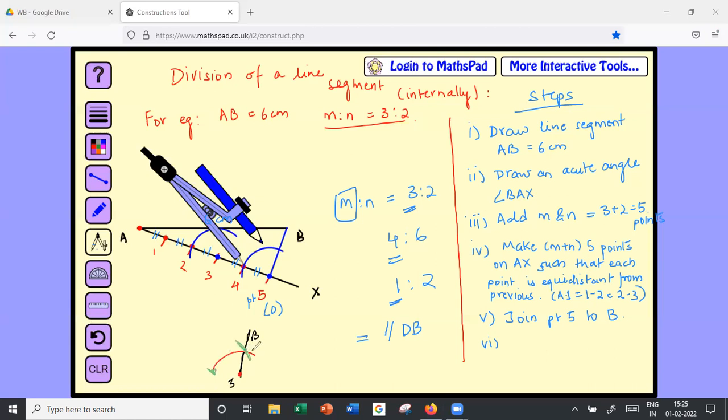Okay, so I get this distance on my compass, and then on this point 3 right here, where I have again drawn one arc, I will mark the same arc here, and now I will make a line which is passing through this point and joining line AB. This is how you replicate angles.